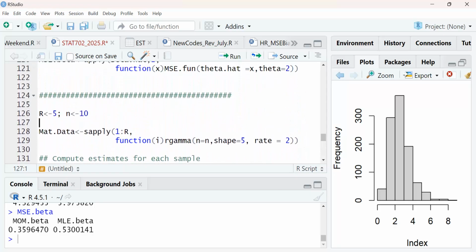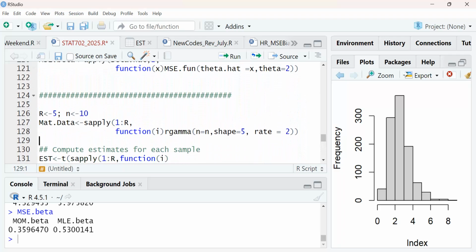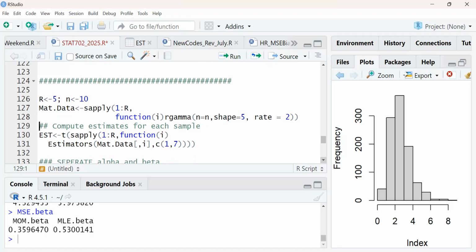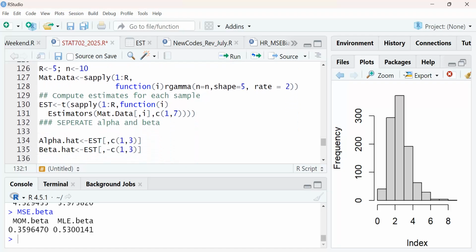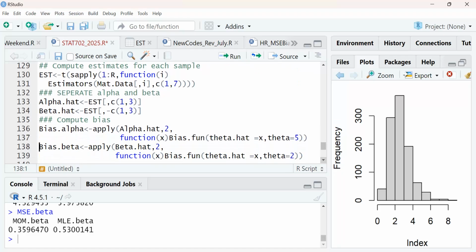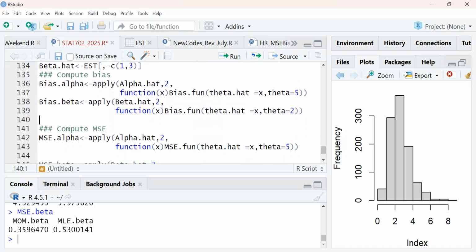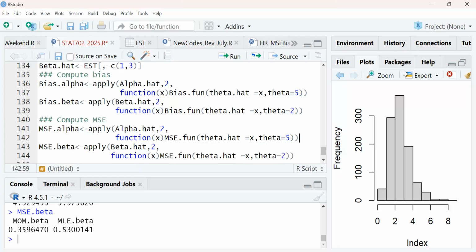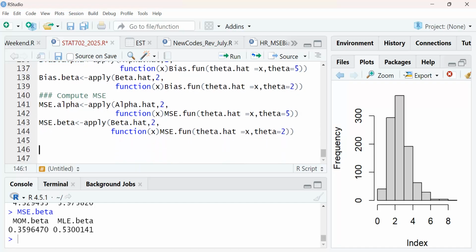Okay. So I'm going to just rerun some sample of, let's say, a simulation to check the bias and MSE of moment and maximum likelihood estimator. So what I have done, we can put all these together to now form what? To form a function such that you run it just once and then it gives you everything that you want. So let me see.